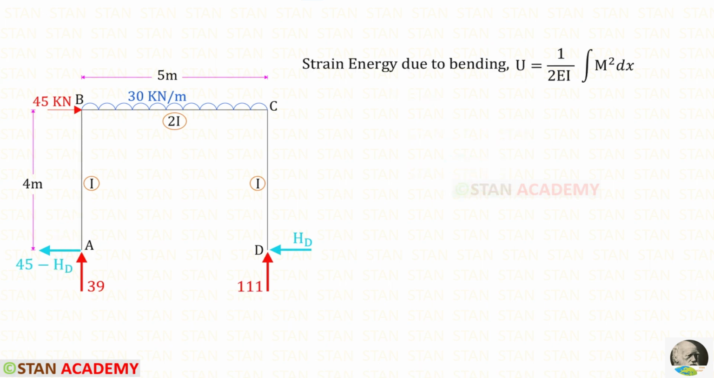We know the formula for the strain energy due to bending. In this frame, we have to make sections. There are three different parts, AB, BC, and CD. So we have to make three sections, one in AB, one in BC, and one in CD. You can see that I have made three sections, one in AB, one in BC, and one in CD. This section I have made at a distance of x from A. This section I have made at a distance of x from D, and this section at a distance of x